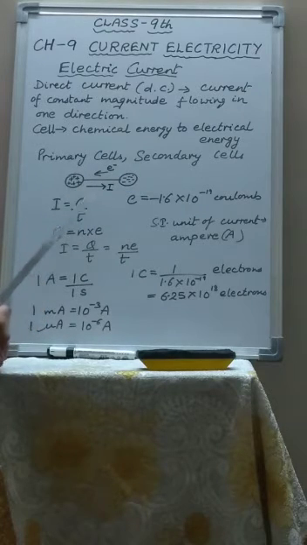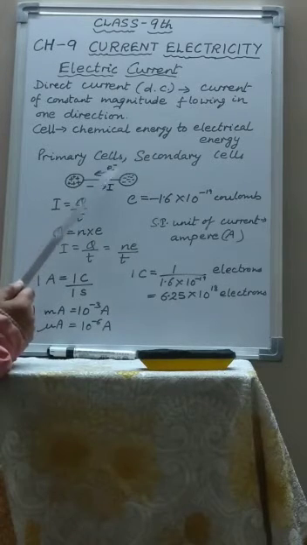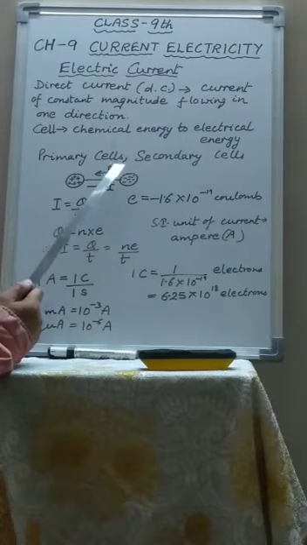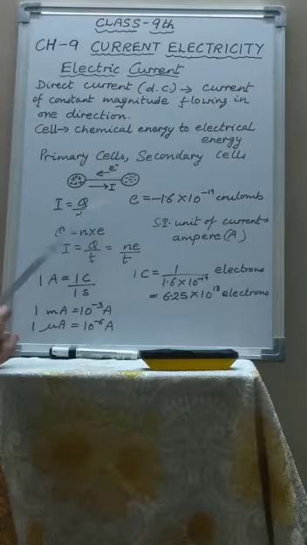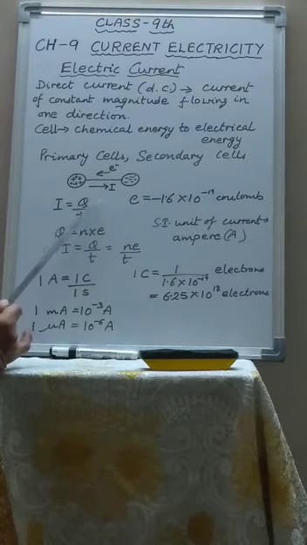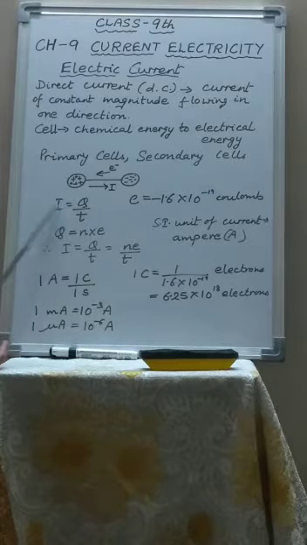This rate of flow of charge gives the magnitude of current. This flow of electrons is called charge. So I equals Q upon T, rate of flow of charge. Whenever you are dividing something by T, that becomes a rate. So the rate of flow of charge is given by Q upon T and this is called current. So I = Q/T. So the total charge passed can be given as I into T.